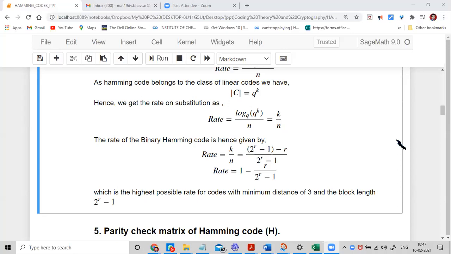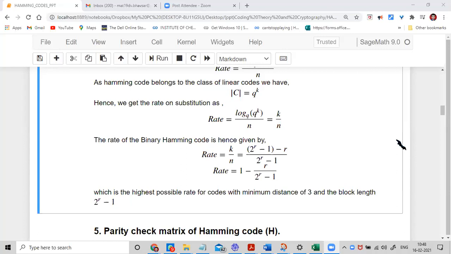Okay, the rate lies between where and where? At least can you say that part? The rate belongs to where? I'm asking what are the possible rates. Let's suppose F_q^n. I'm looking at linear codes of length n. What is the minimum rate and what is the maximum rate I can have? What are the different possible rates?